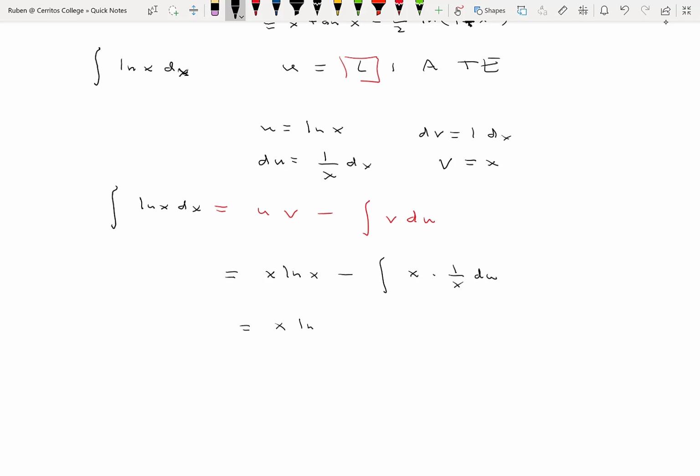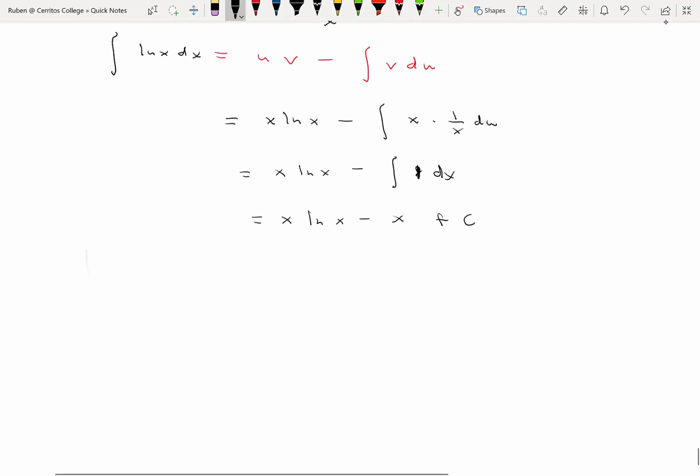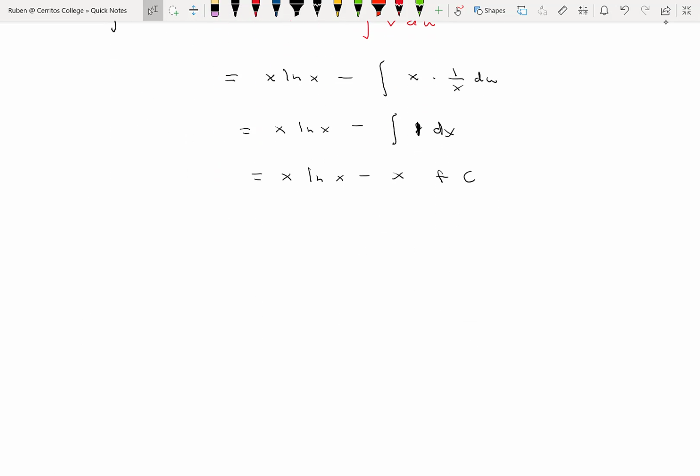But look at the integral. x times 1 over x is just 1. I was going to write x. It's just 1. The antiderivative of 1 with respect to x is just x. Look at how nice that integration by parts formula works. When it's applicable, it works really, really nicely. Okay,